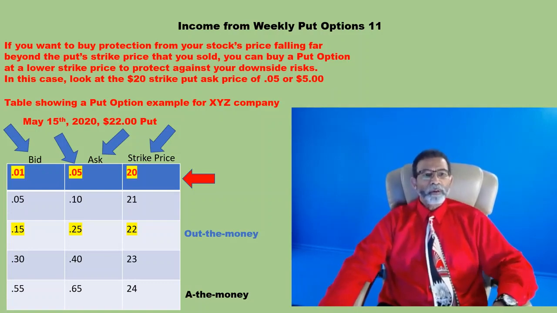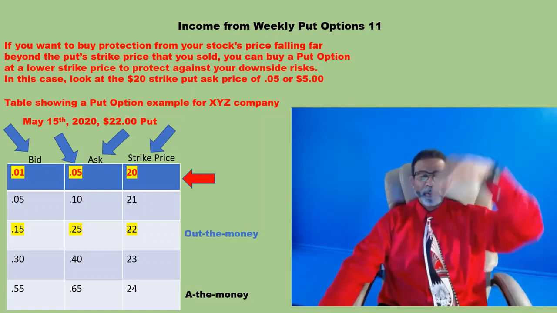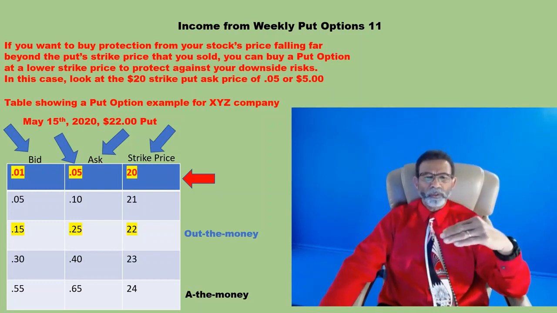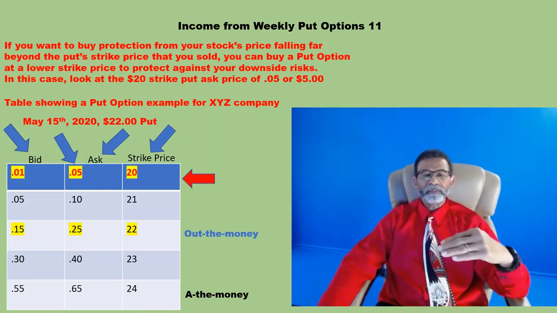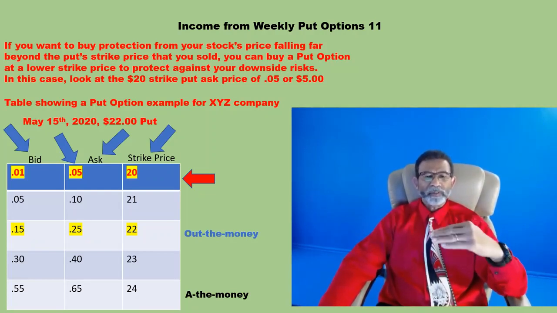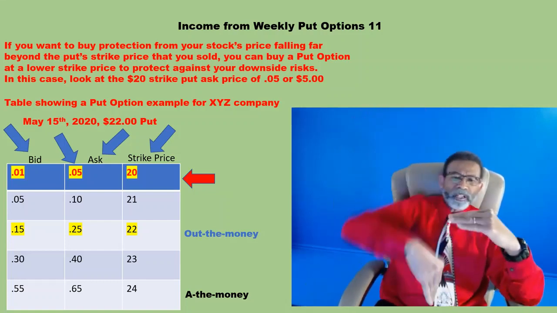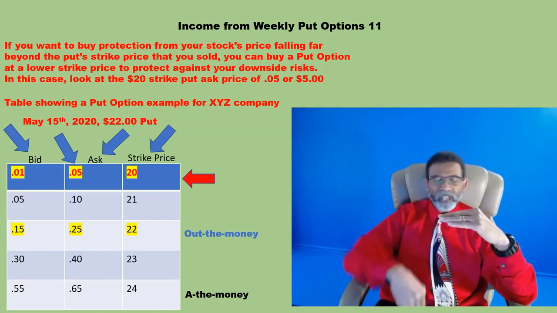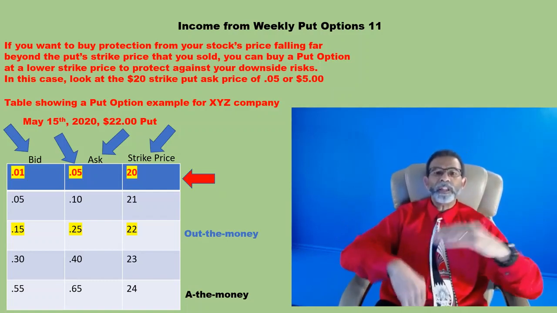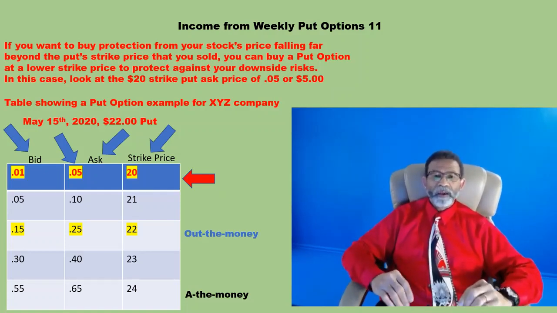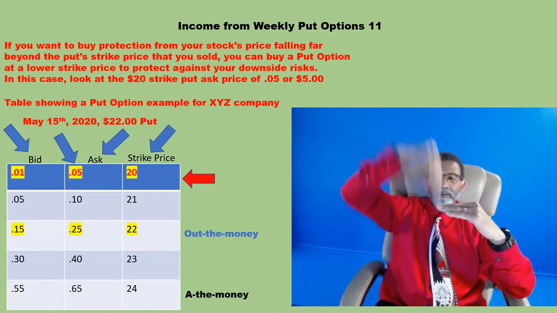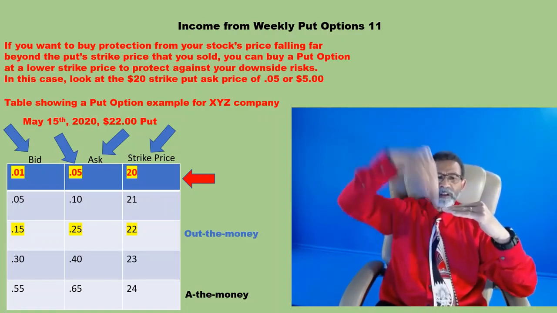So if you want to buy protection to protect yourself, for example, if you sold a put option, you sold a $22 strike price put option, and you want to protect from downward risk from that stock going beyond, for example, $20, the $20 strike price, you could actually purchase the $20 put option to protect the value of the stock from going down